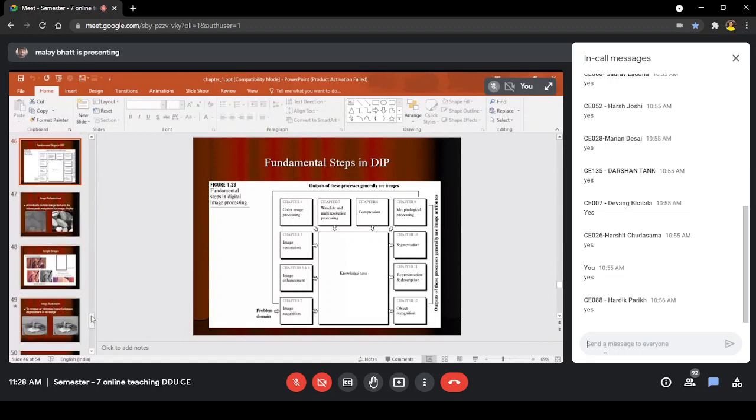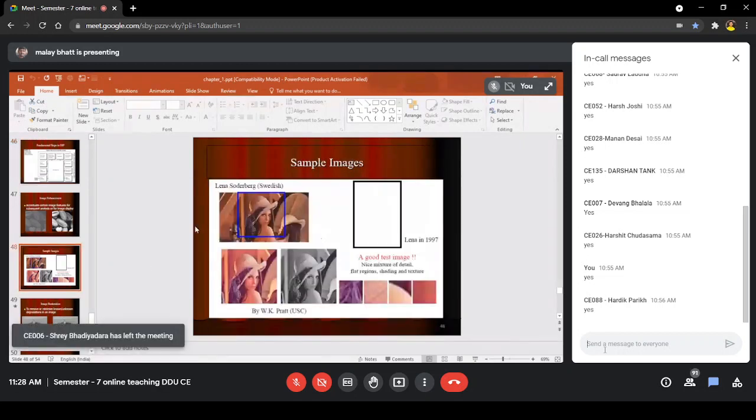In case of image segmentation, you have to extract the various features. You have to segment the various features of the image. So here you can see a Swedish lady, which you will find in every image processing book. Now if you look at this, why it is a very good test image: if I take a portion of that image, you can see that there is a lot of variation in the hair color.